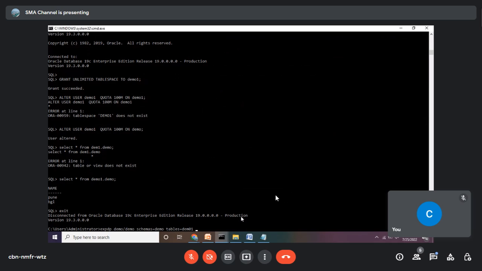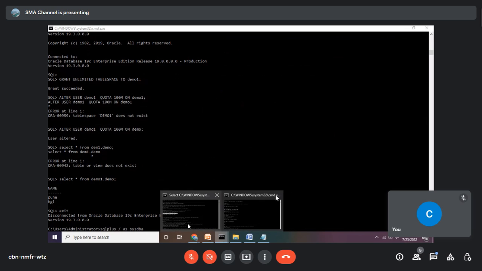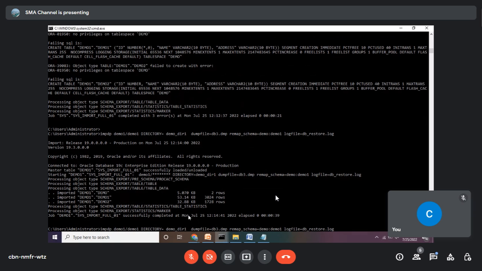And coming to full backup, if you want to take the full backup you need to specify full=y, then it will understand that you are trying to take a full database backup. Now we try this one. At the beginning we tried the full database backup, right? You just try full=y,